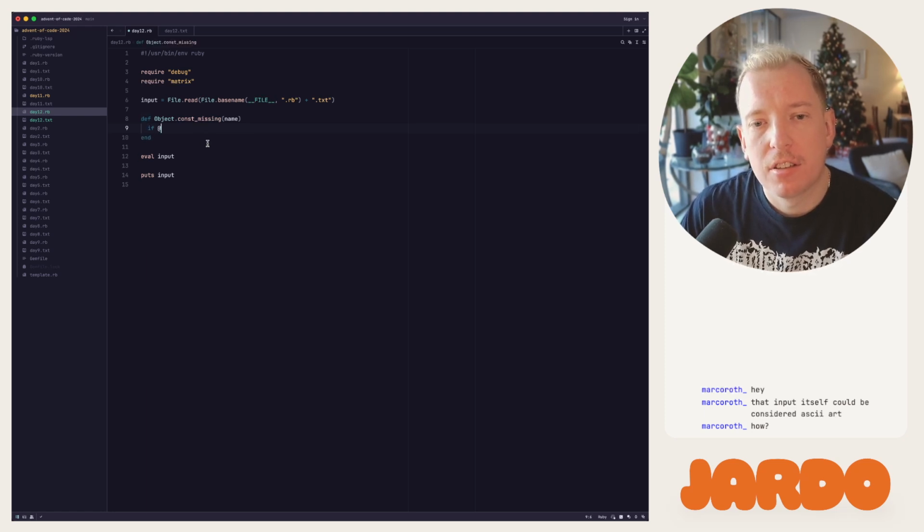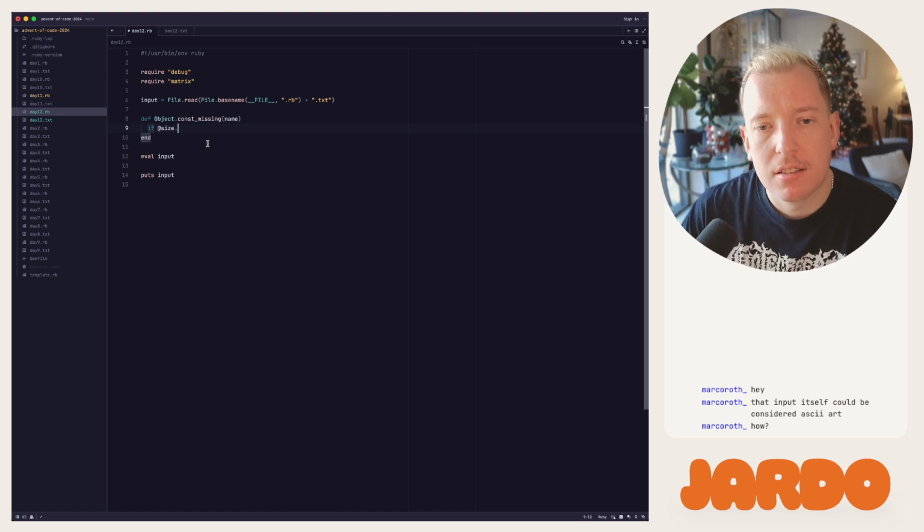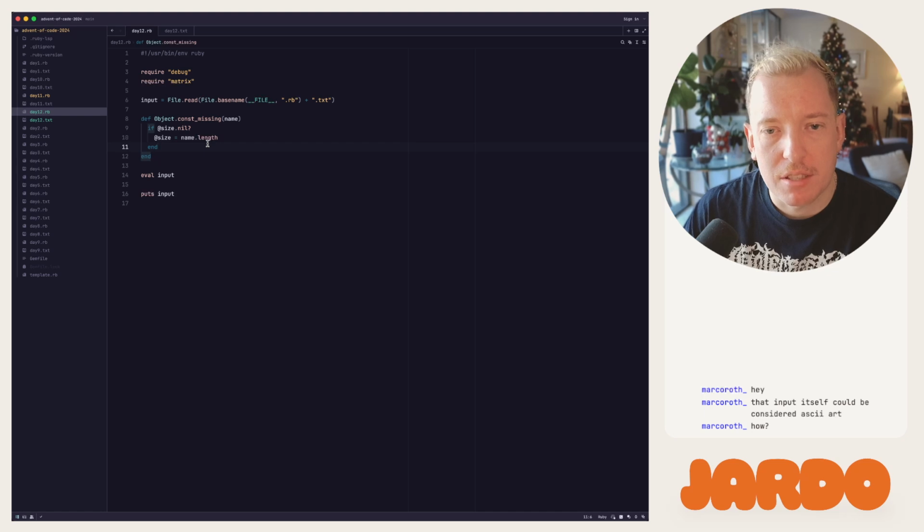If size nil, size equals name.length. Hopefully this is a string. It might be a symbol. And then